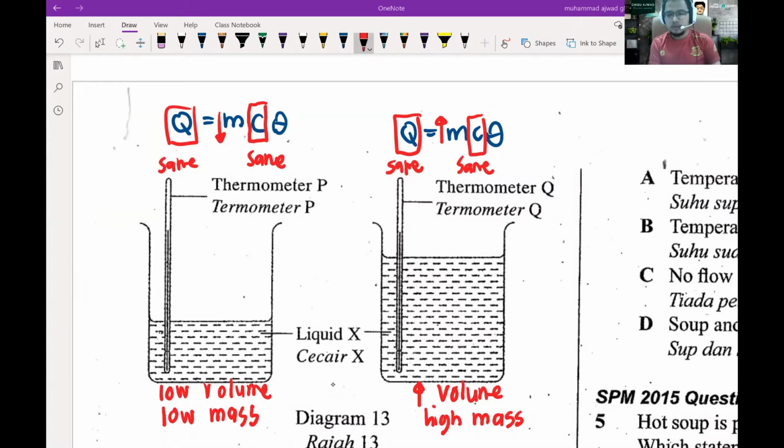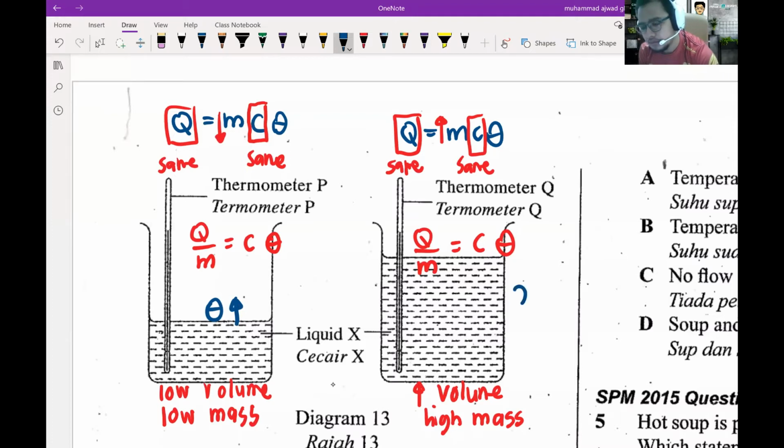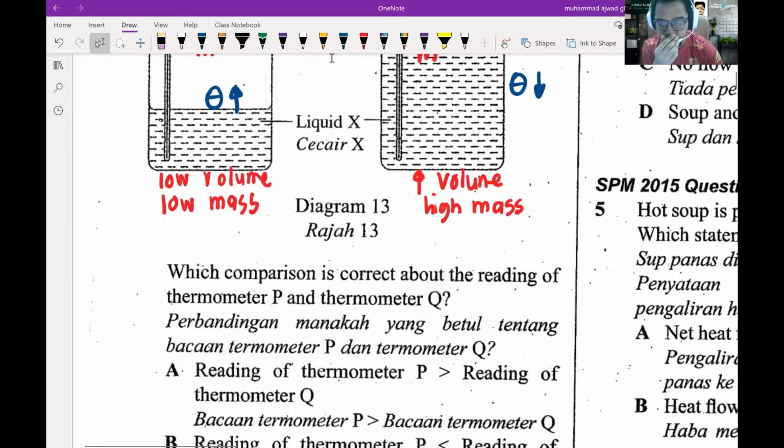So mass and theta, what is the relationship between mass and temperature change? So rearrange Q over m sama dengan c theta. Okay, what will be the relationship between mass and theta? Apa relationship dia? Inversely proportional. Okay, so basically if the first beaker has lower mass, so temperature change will be higher. So theta dia higher. Second one, theta dia will be lower. The question is, kalau theta dia higher, temperature change dia banyak, so what happens to the thermometer? Thermometer dia akan naik lagi besar. So the answer will be